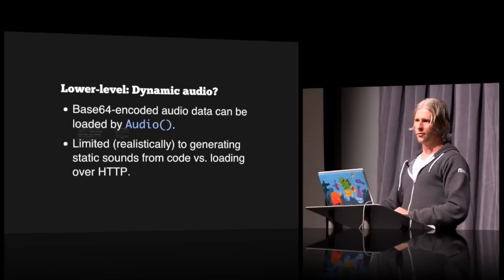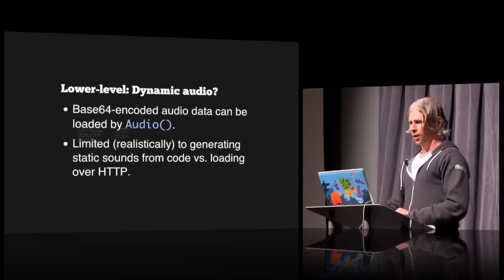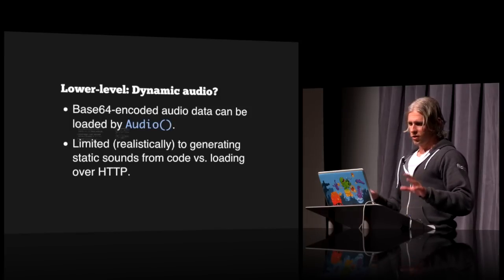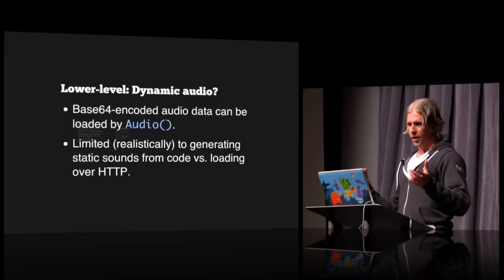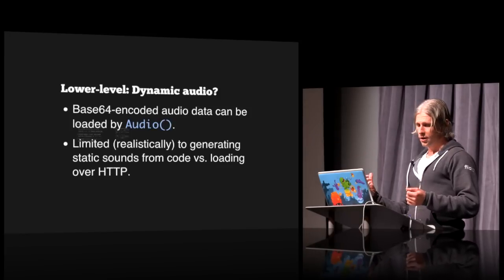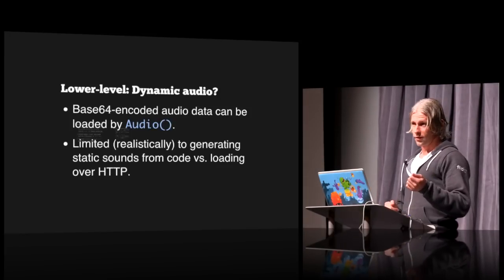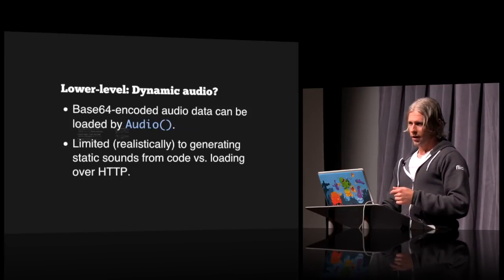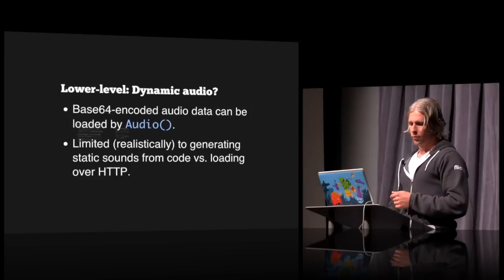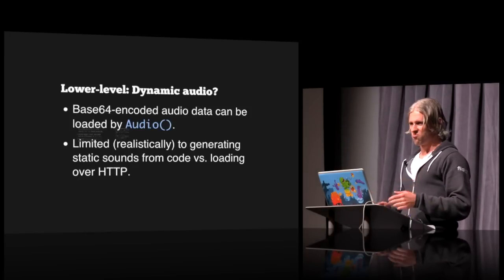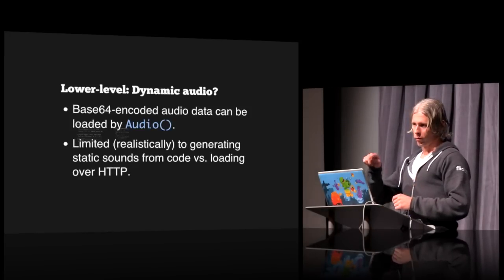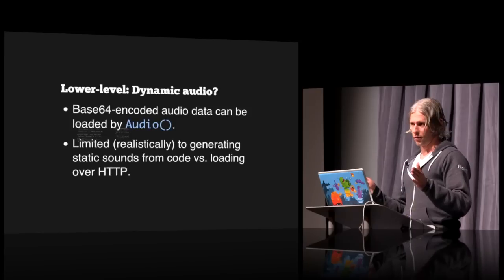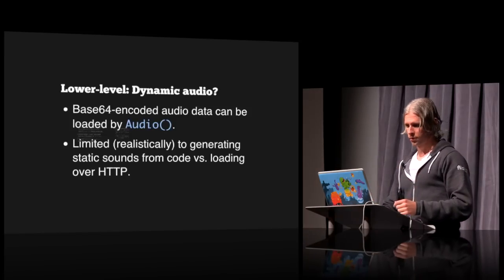So this is just native audio objects that I've been talking about. What if we had something below that? Since you can create an audio object, we have data URIs. You know about those because of sprites. We can also pass base64 audio data directly to an audio object, load it, and play it from there. Now, this is kind of an interesting hack, but realistically, it's only really good for generating, say, a 440 Hz A-tone sine wave of fixed length. This is not really going to be the kind of thing for dynamic sound generation, but I'm going to get into that.